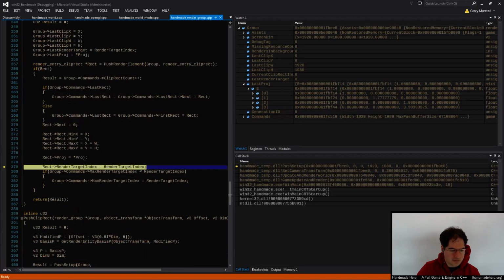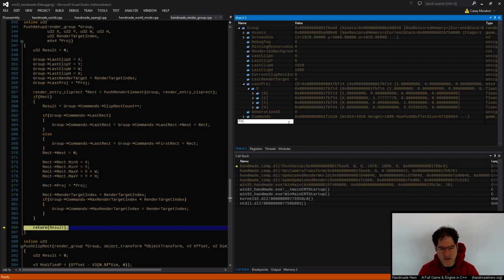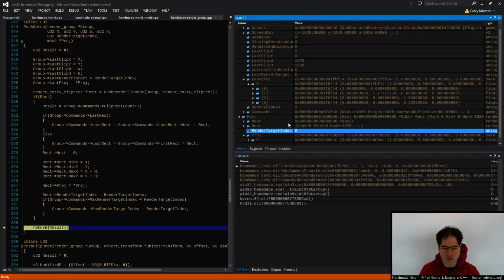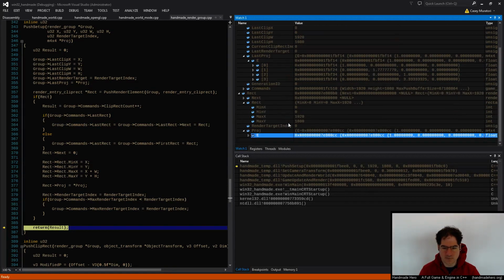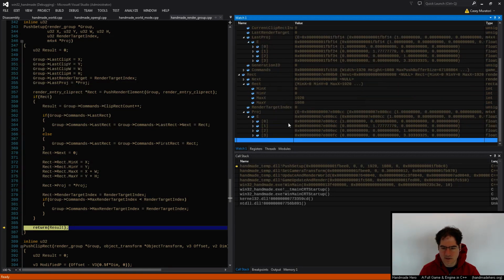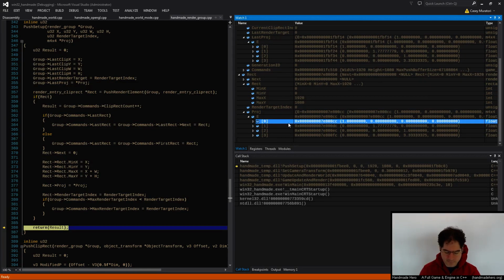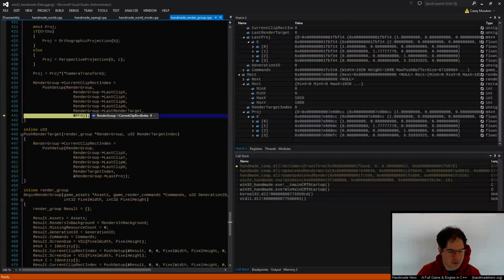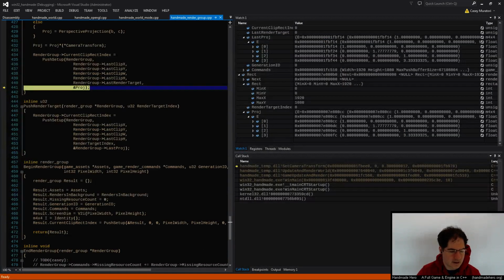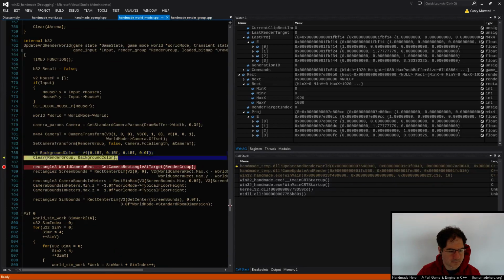When we set it all up, let's see and make sure that it gets into the rectangle that we actually created. It should be set to all those things as well. Just want to make sure. Again, looks good. That looks like what we want. So we're at least pushing that information on properly. We're getting that into the current clip rect. So that all looks reasonable to me. And I think that's fine for the camera transform. Now when we do get camera rectangle at target,